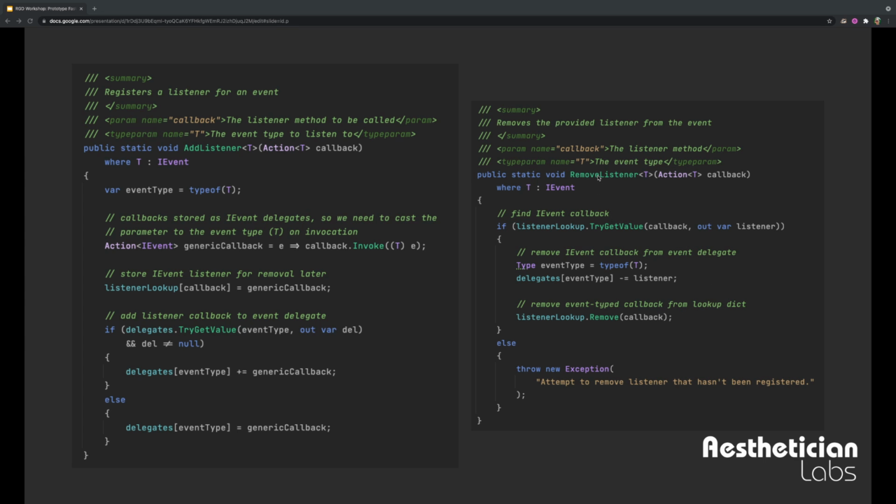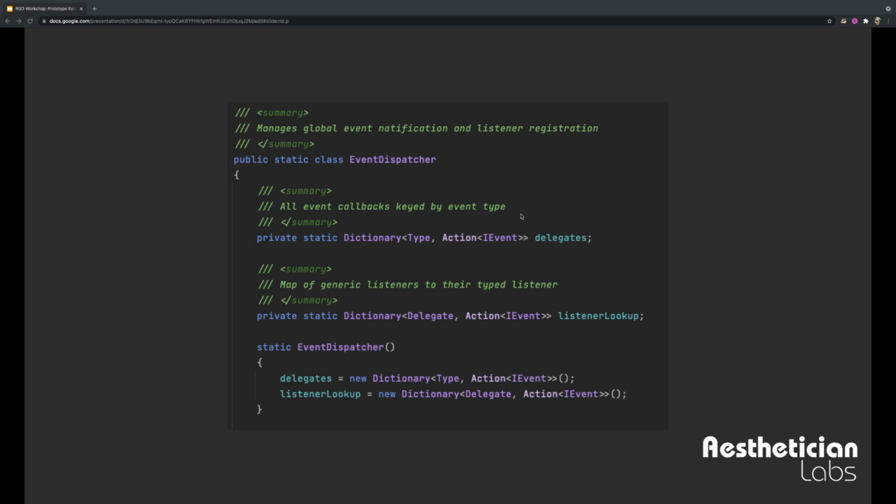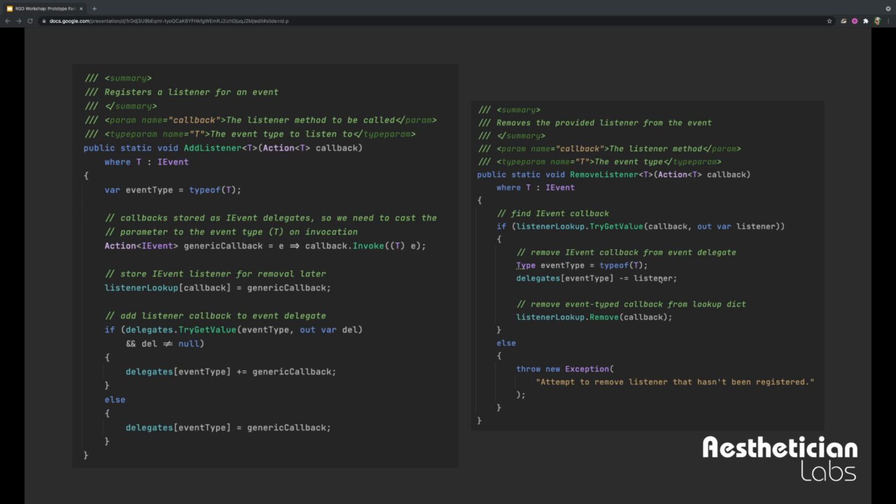So RemoveListener does the opposite of AddListener. It removes the provided listener from the event. We get the type, we get the method as a callback, and we do kind of the same thing in reverse. We find the IEvent version of the callback in our listener lookup dictionary, and we remove that from the delegates list, and then we remove the original callback from our listener lookup dictionary as well.